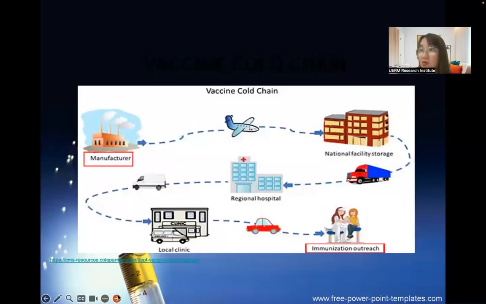So this is the cold chain, a summary of the vaccine cold chain, which is a system for storing vaccines in good condition, composed of a series of links designed to keep vaccines within the WHO recommended temperature ranges of +2 degrees centigrade to +8 degrees centigrade for most vaccines, from the point of manufacture to the point of administration,